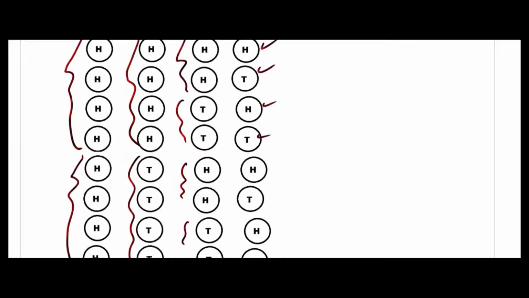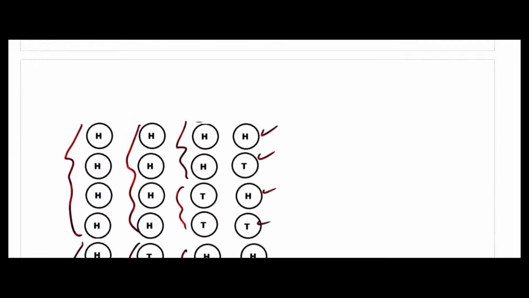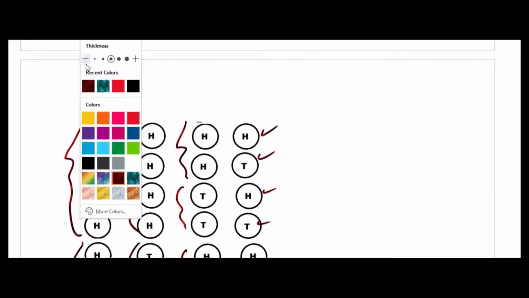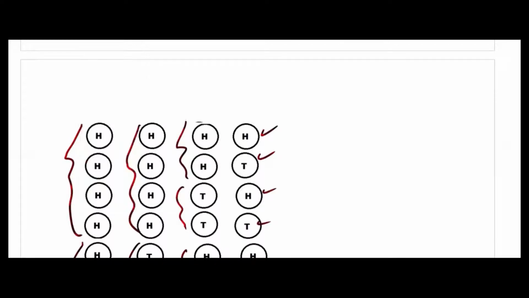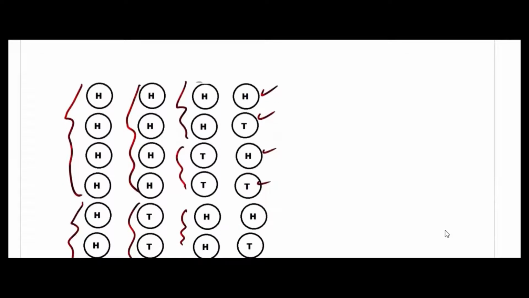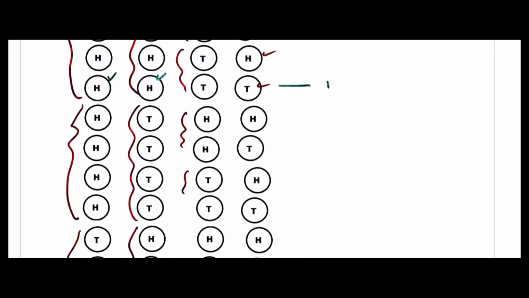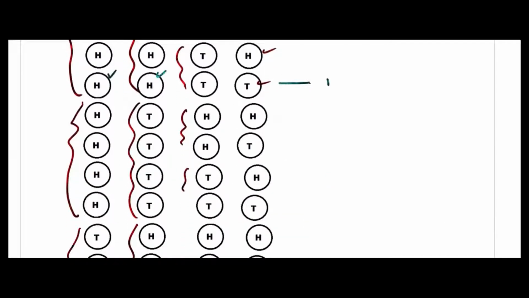But do you think this is the best way? That is the question. So I have to count now the 2 heads. Here more than 2, I am not interested. Here also 3, here 2. Here also 3, here 2. This is one case. Then here 3 once again, here 2. This is the second case. This is 1, and here 2. This is 1.